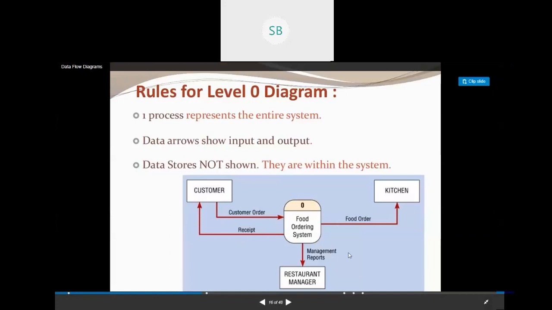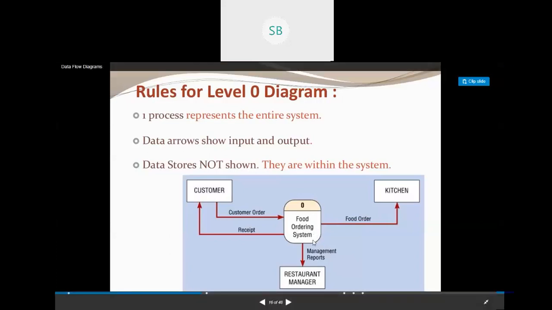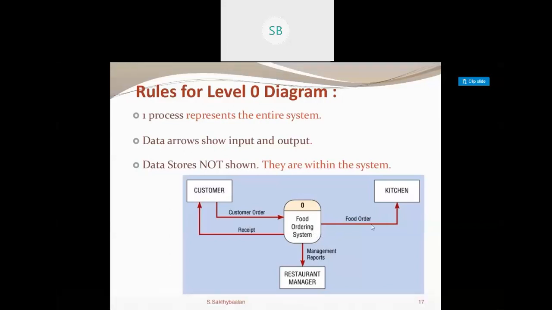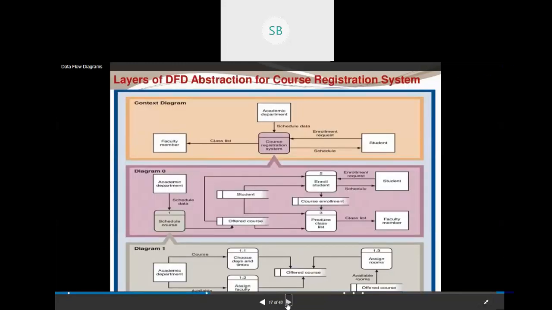These are the things from our side, because being the customer, we get only the receipt of everything, that your order is confirmed, or your food will be delivered within 30 or 45 minutes. So it totally depends. But on the restaurant side, the ordering system needs to inform the restaurant also, right? And someone will be there to manage the contact information between the customer and the restaurant, the restaurant manager.